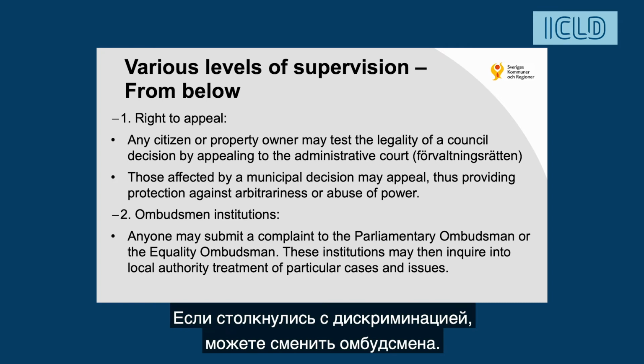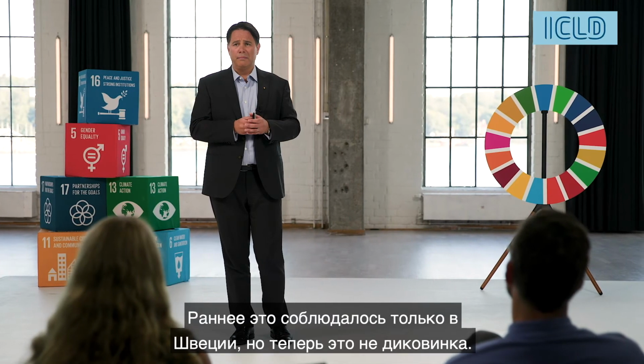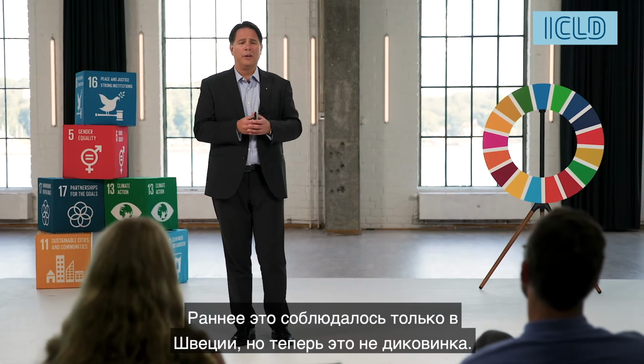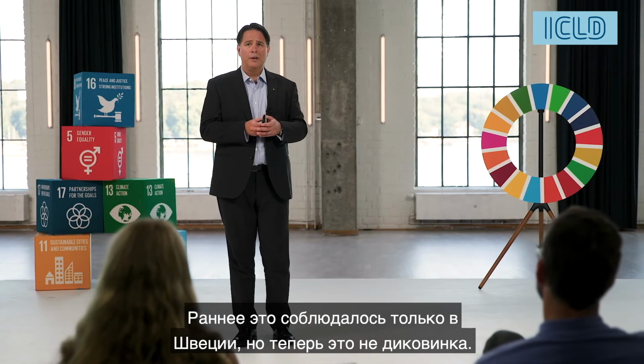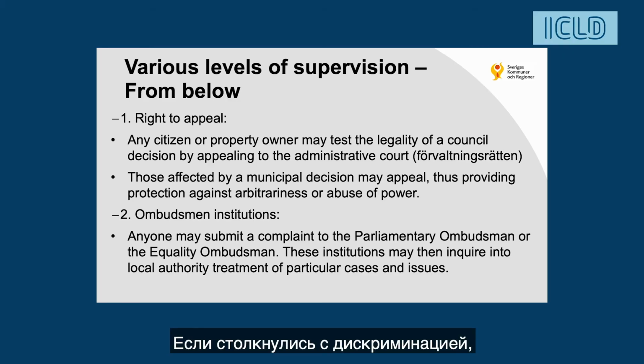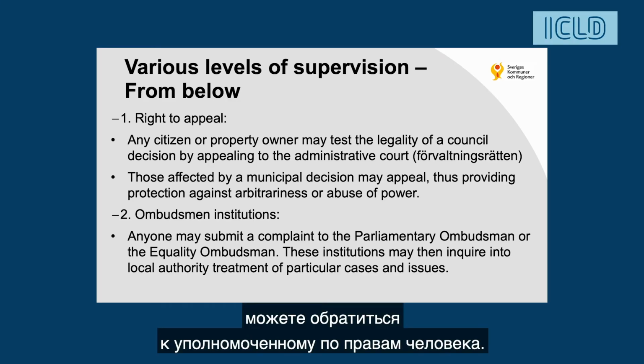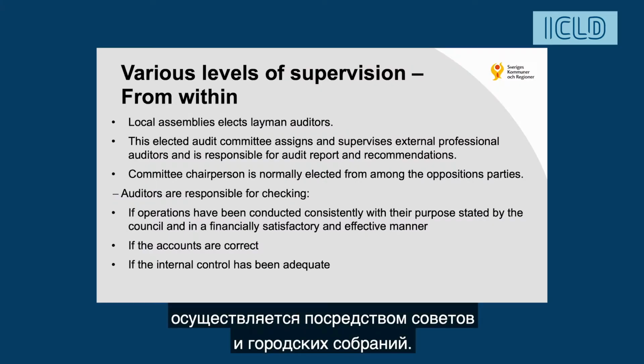You can also, if it's based on discrimination, go to different ombudsmen. This was specific here to Sweden, but it's more and more spread around the world that you can, on different discrimination bases, go to an ombudsman and get your case appealed there. A very important way of supervision on a local and regional level is within the political bodies, within the city